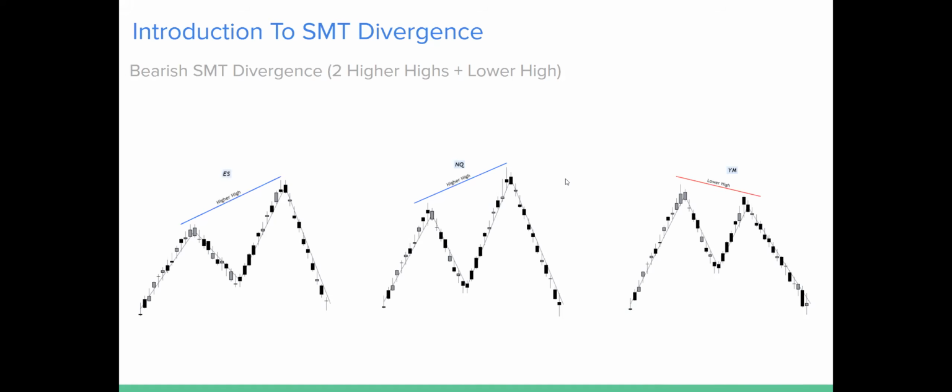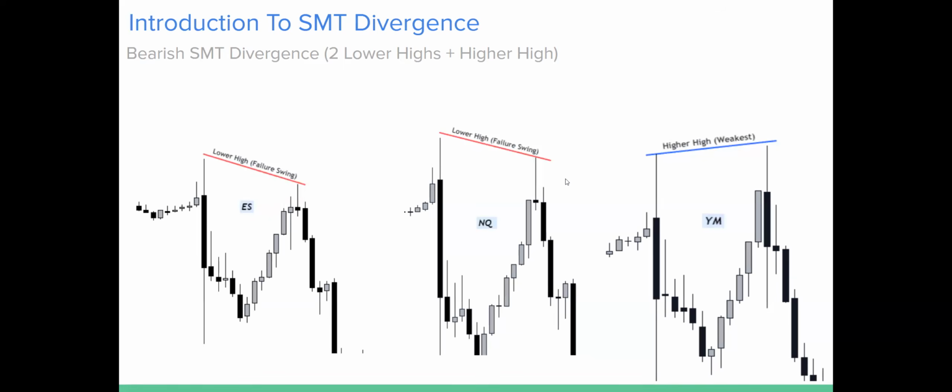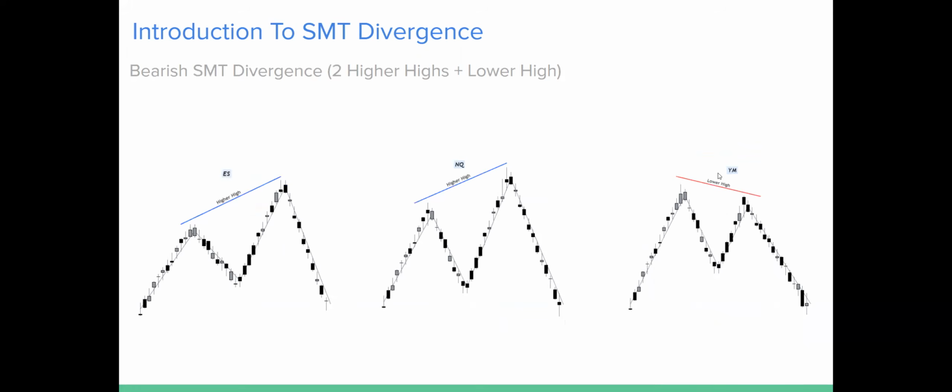Here's another example. So that was the first formula. This is the first formula for bearish SMT, where you have two lower highs being printed and one higher high. This is the second formula for bearish SMT divergence, where you have two higher highs being printed and one lower high being printed. So you see how ES, this is not a real chart example, but I was making a demonstration. You have a higher high being made,